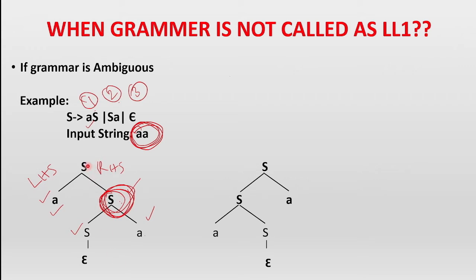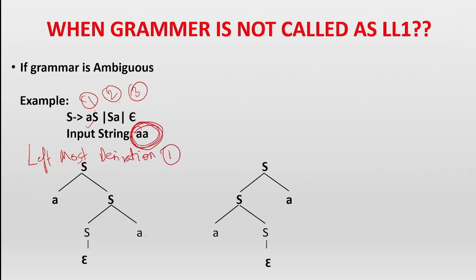Because we have come from the top, starting from the start symbol S, and we derive the string a. So the string is there at the bottom. So it is top-down parsing. So this is one leftmost derivation. One leftmost derivation of the grammar we got, and we have scanned from left to right. We started from the left. We cannot produce further. That's why a is kept as it is.